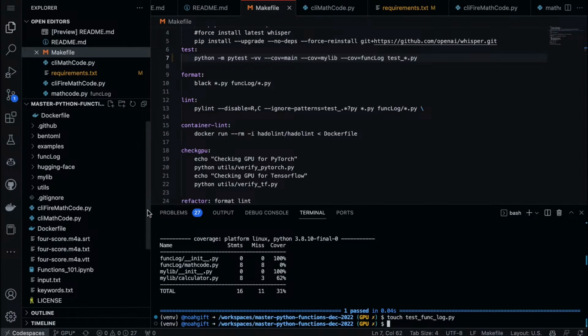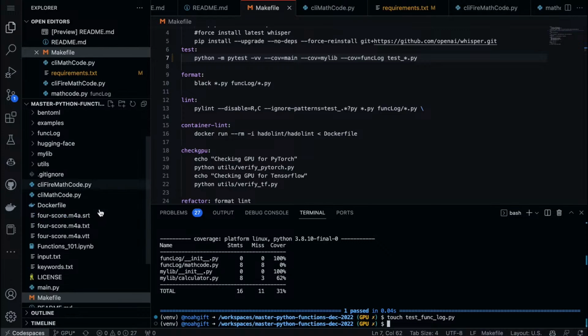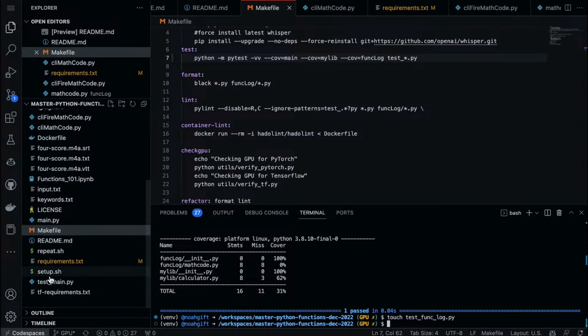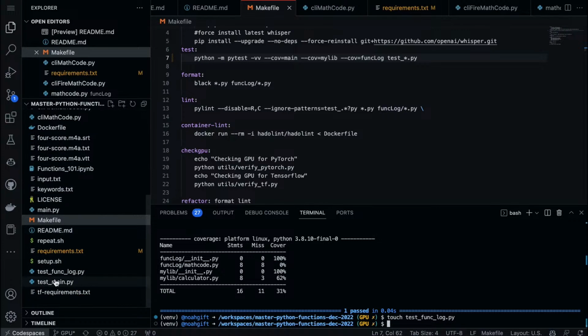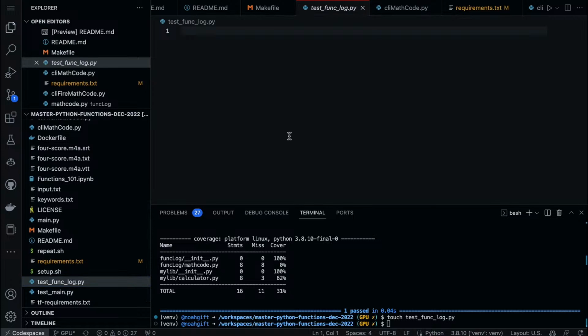And here's again where Copilot is pretty amazing, is if we go to our test function here, this is one of the best use cases for a tool like Copilot, in that what it does is it actually can build out the test for us. So build out test for func logic math code, func logic, and we'll say, how about all of them?